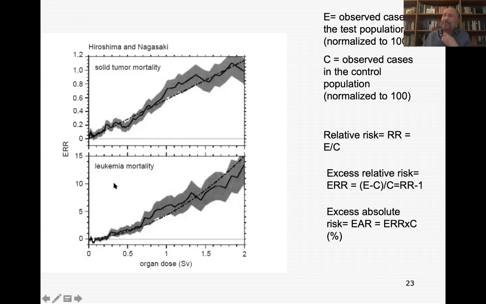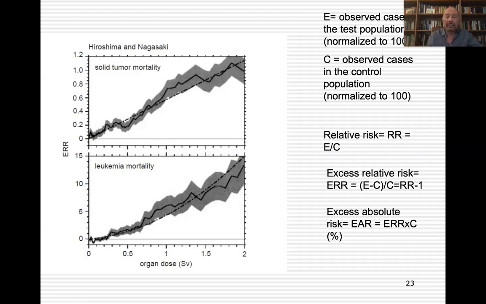Also, leukemia is very special, you see, because the dose response curve for leukemia since the beginning looked linear quadratic, not really linear, which again, if you think of the Philadelphia chromosome, makes sense. This is a tumor strongly related to chromosomal aberration. The dose used here is calculated as dose to the bone marrow, while for solid tumor, it was decided to use the colon dose, because the colon dose is sort of an average of the dose to the internal